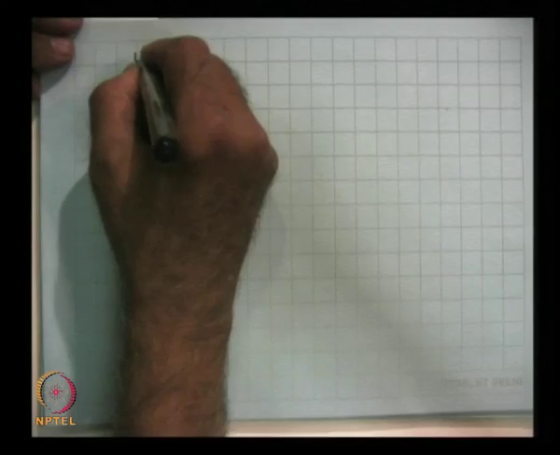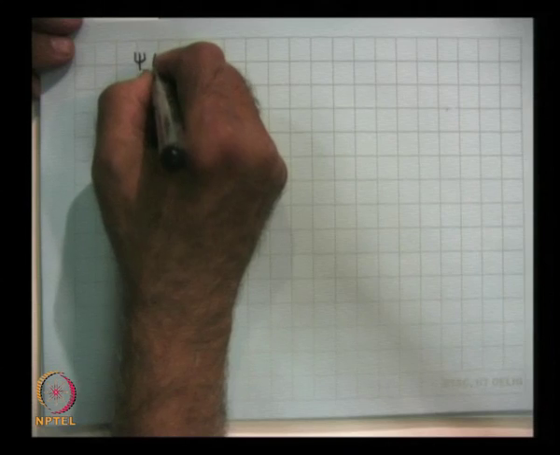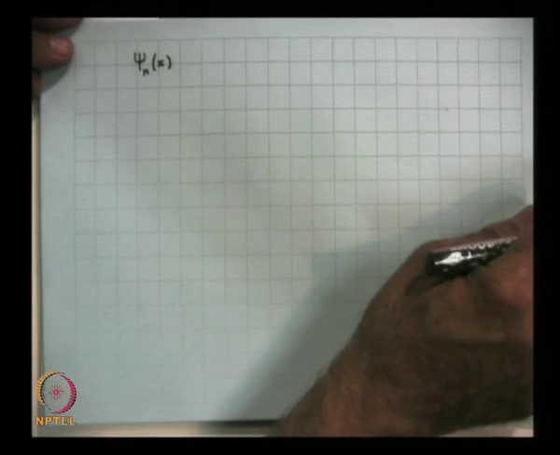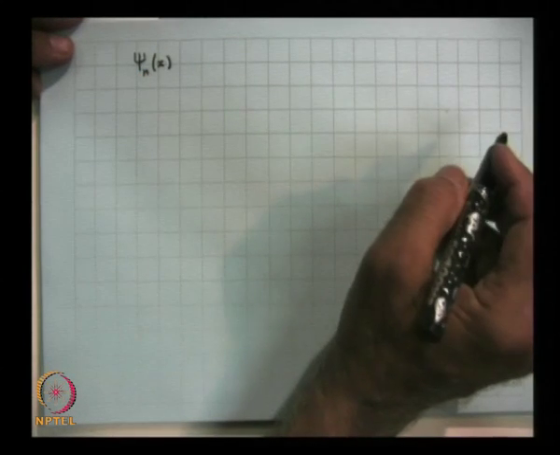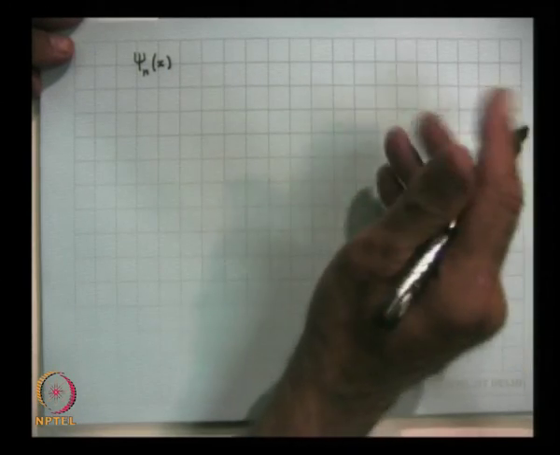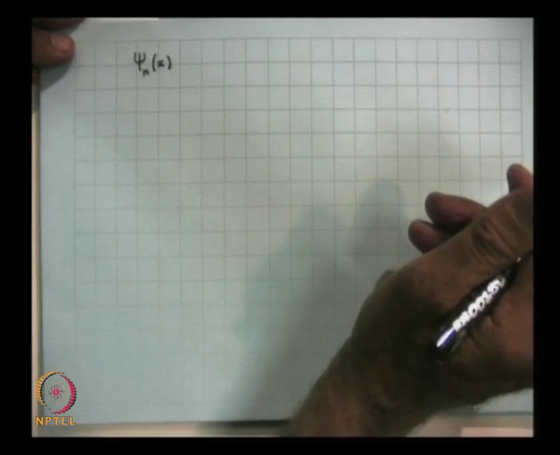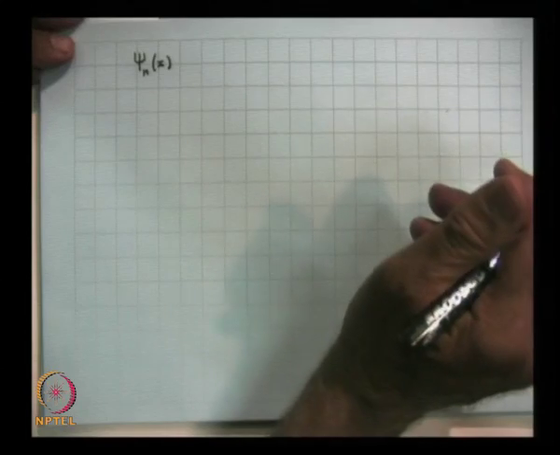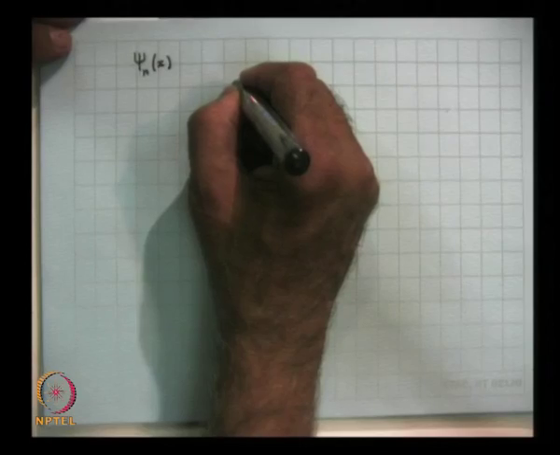That means, let us suppose in a particular problem we have a set of wave functions psi n of x which are the eigenfunctions of the operator H, then any arbitrary function, say